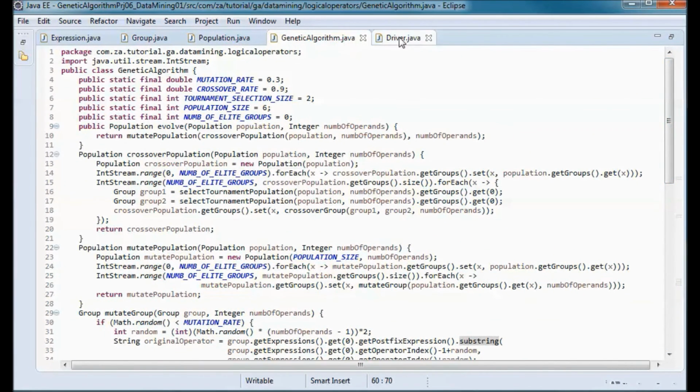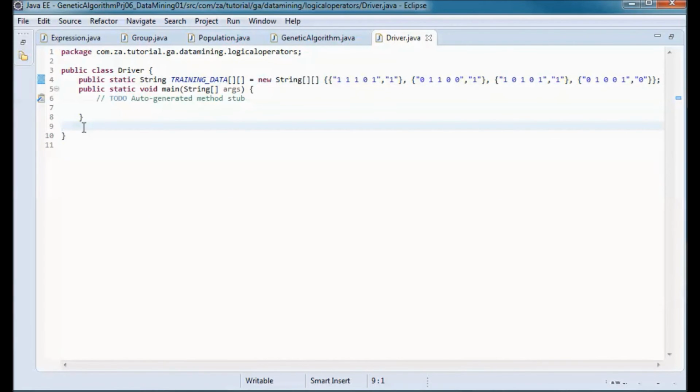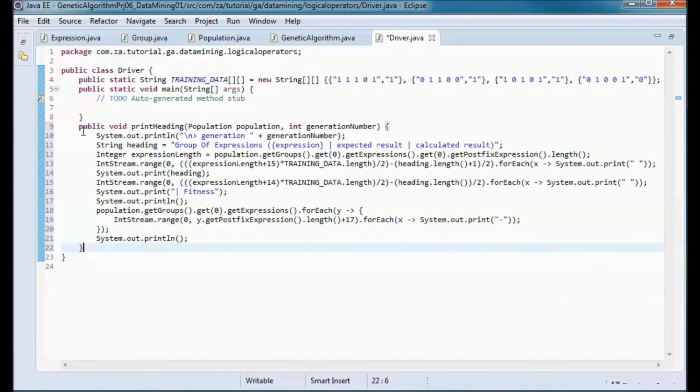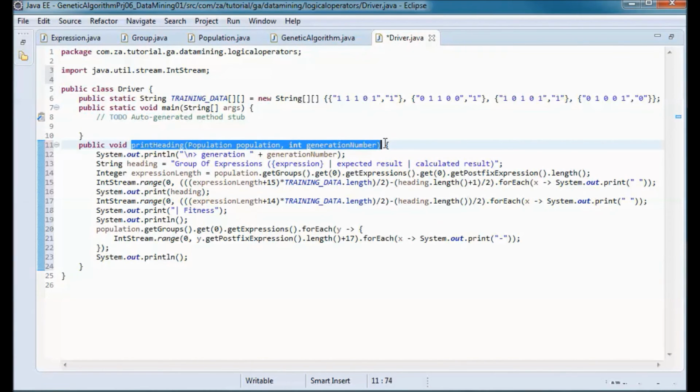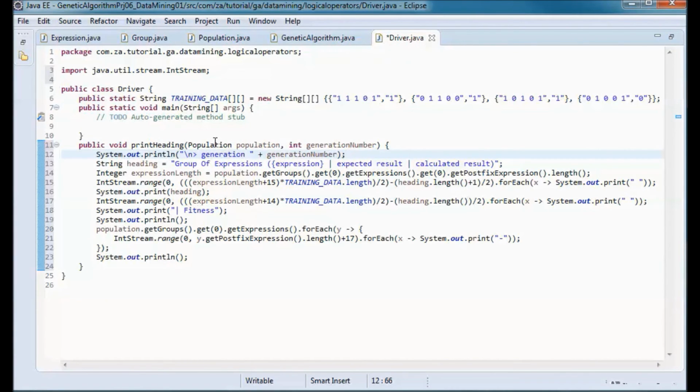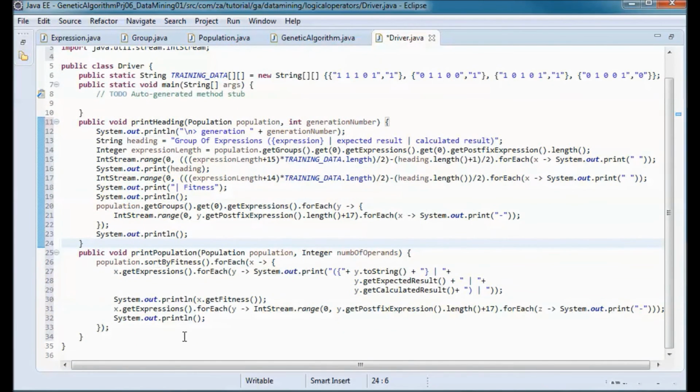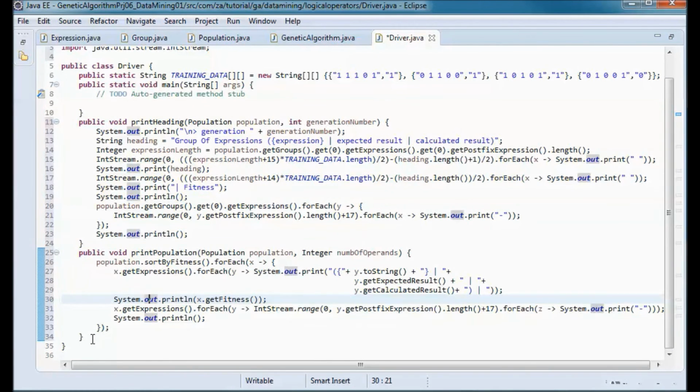Next, let me go to the driver class, and let me first add the methods that do the printing. So I have this print heading method that prints heading for each population, and I have this print population method that prints the population below the heading for a generation.